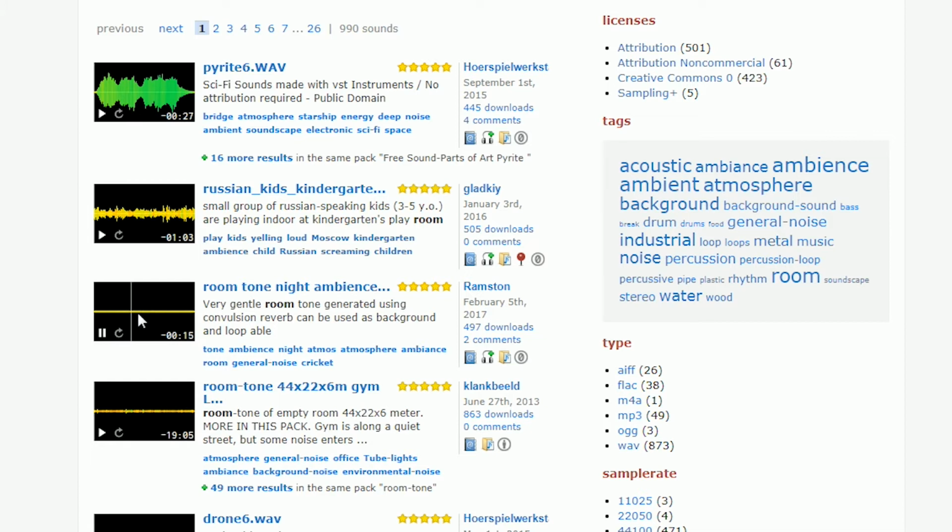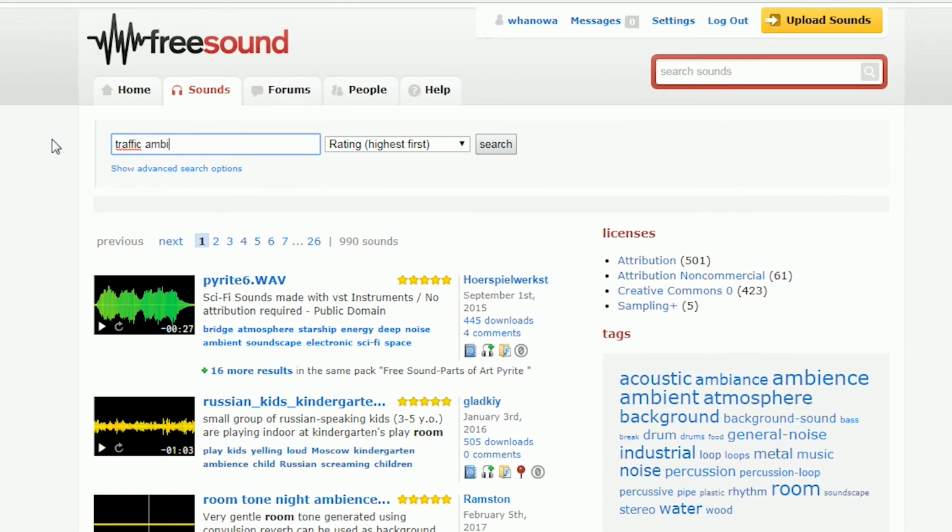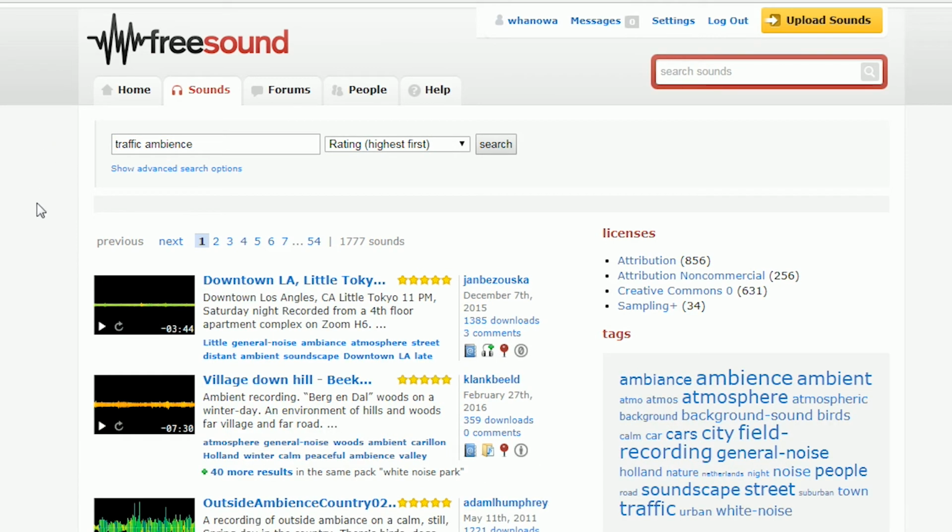Otherwise, even a quiet room usually generates some sort of noise, even if it's only you hearing your blood run through your veins. So psychoacoustically, this room tone really helps. The same goes for any location you can imagine. Search for spring ambience and you'll get chirping birds, or search city traffic or whatever you can think of. This ambience will be the bed for the rest of your sounds.